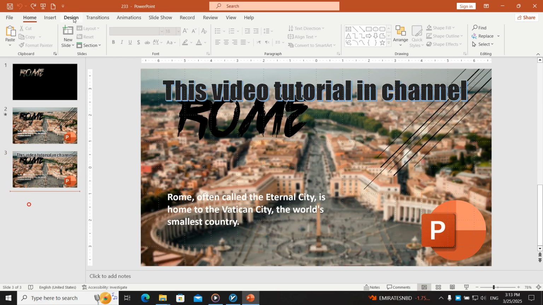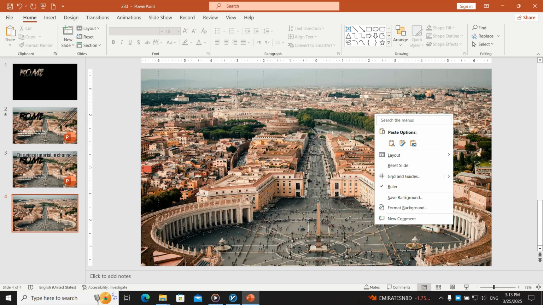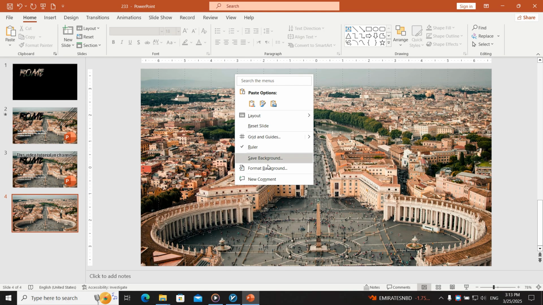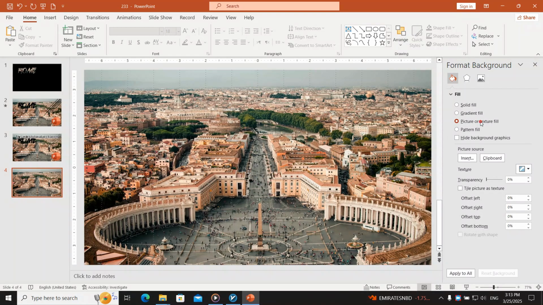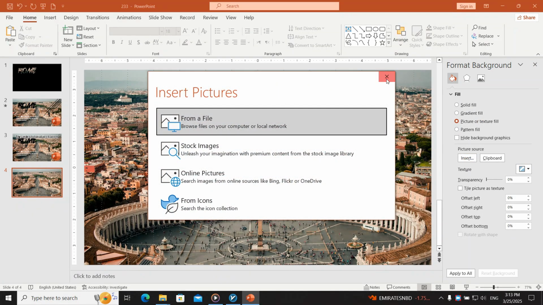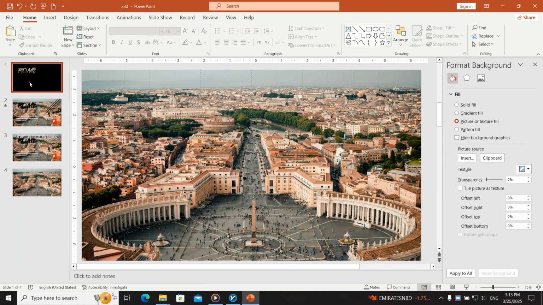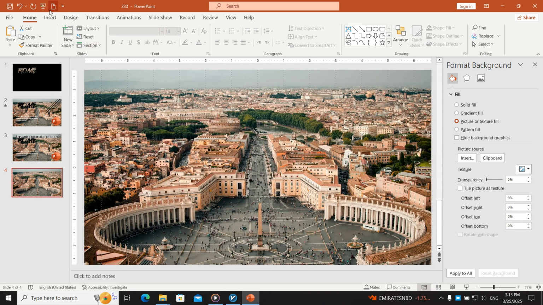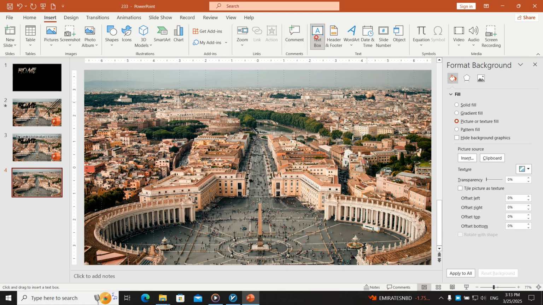Okay, let's start. At first, we need to add a new slide. We have the picture in the background and apply it to all. Format background, you insert the picture from here, and then after inserting apply it to all. Then we need to create this texture. For that, we create a text box